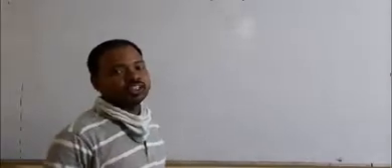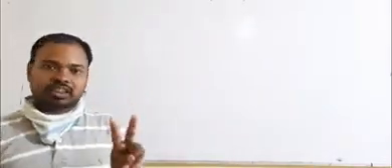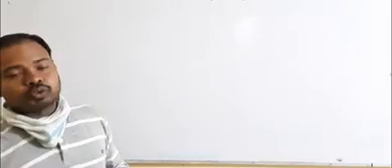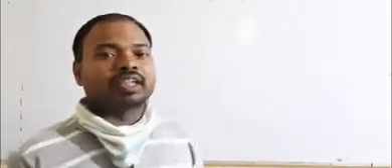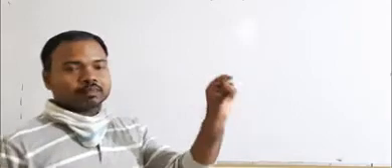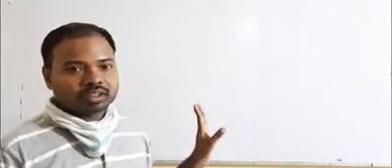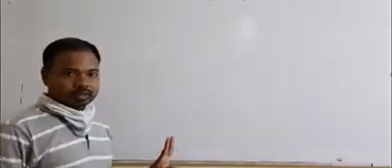Let us study about Young's double slit experiment. In Young's double slit experiment, two coherent sources are there. Light from the two coherent sources is superimposed on each other, in front of which a screen is placed. So on this screen, we are getting alternately bright and dark fringes, or alternately maxima and minima. We will find out at a particular position whether maxima or minima is obtained, and under what condition maxima and minima are obtained. That is Young's double slit experiment.